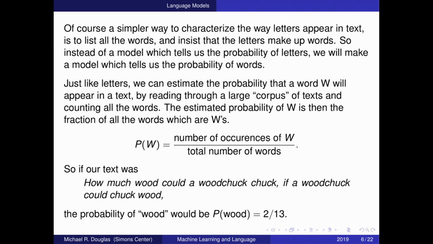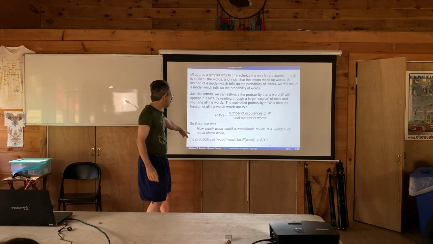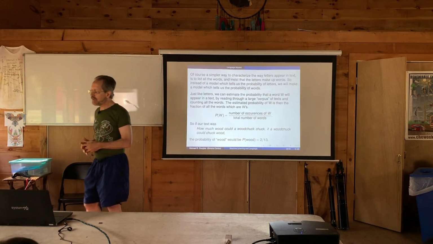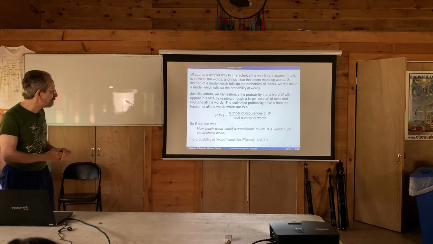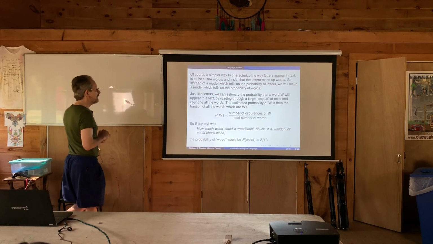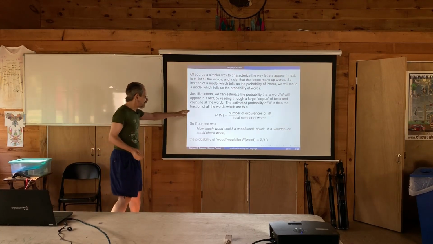There's got 2 copies of the word would, it's got 1 copy of the word how, and so forth, and it's got 13 words total. Then we can make the simple estimate that if we were really just interested in reading that sentence over and over, we could estimate the probability that we're going to see the word would as 2 divided by 13. It's just the number of times it appeared in that sentence relative to the total number of words. And so that's a language model too.